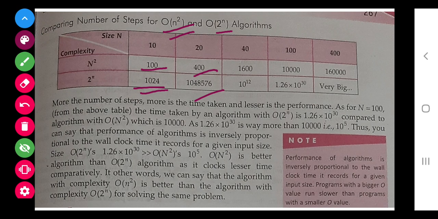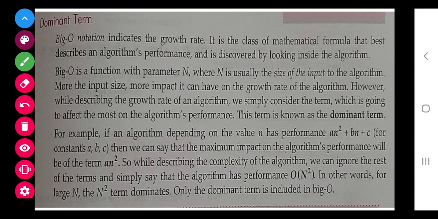You read this paragraph and you will come to know that the performance of an algorithm is measured on the basis of big O notation. There are many big O notations already developed, with the help of which different types of programs can be analyzed. And if different algorithms are made for the same program, which algorithm is better can be analyzed with the help of big O notation. It's a very new thing for you people.